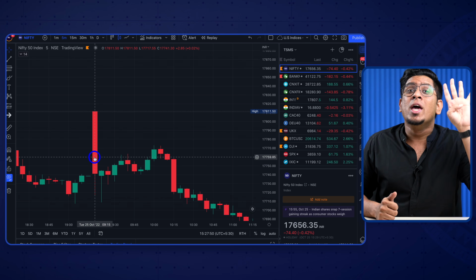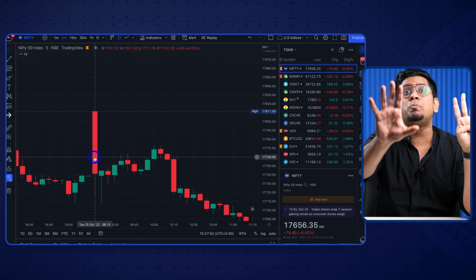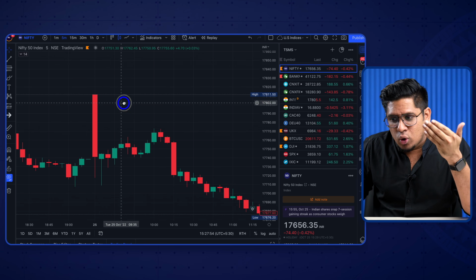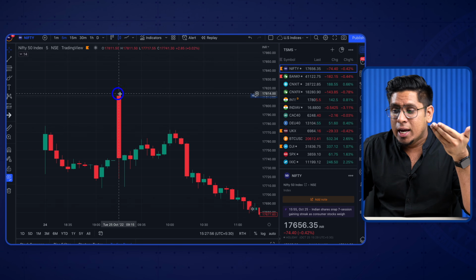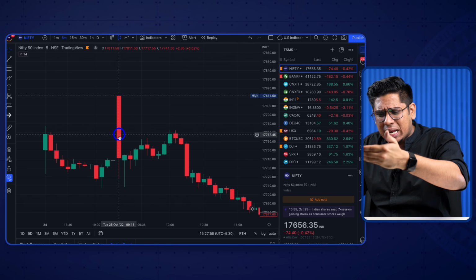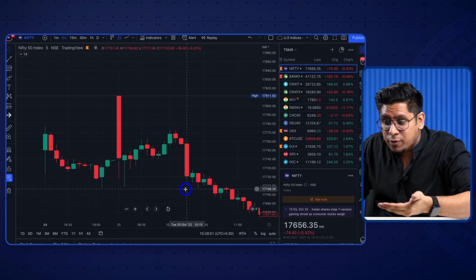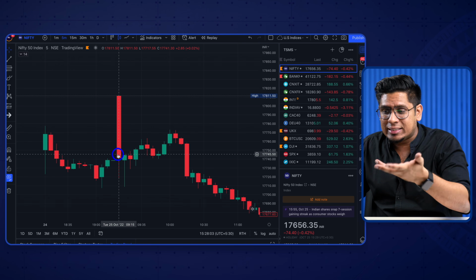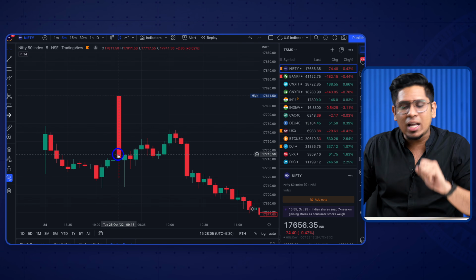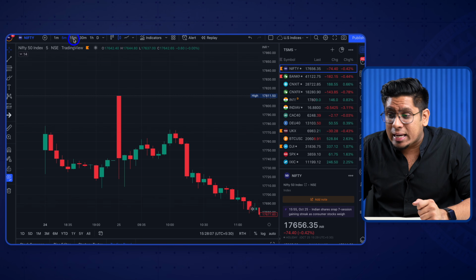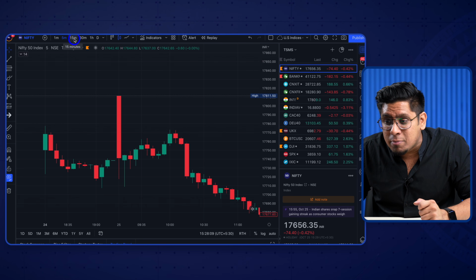The candlestick gives you 4 important data points and speaks to you as to the huge selling happening here, right? It opened at 17,811. A lot of people selling, hammered Nifty down all the way till 17,700 ranges. Very clear. Now what I can do is I can come here, I can change the time interval to say